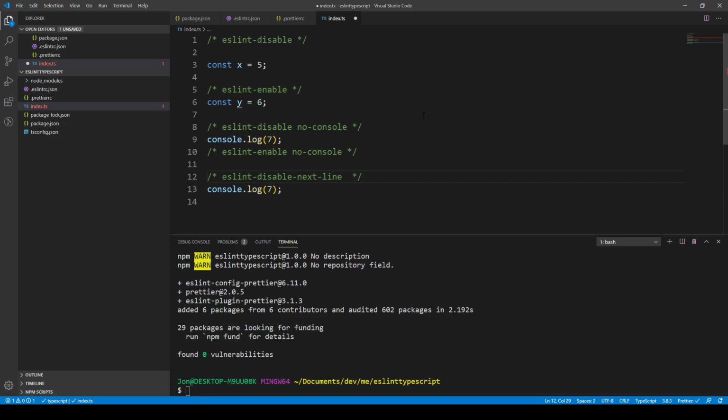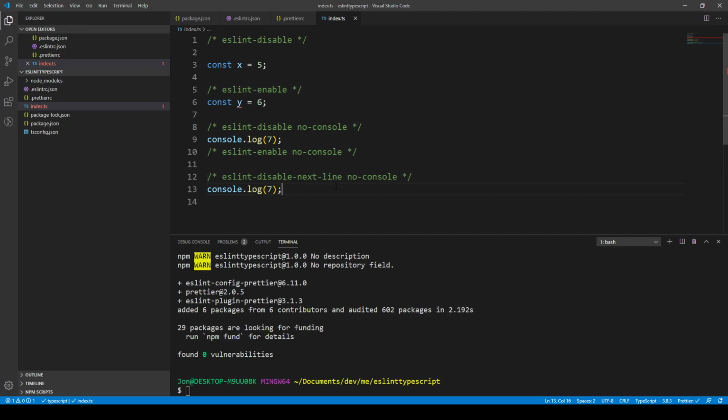Since we're doing linting for best practices, best coding JavaScript practices, it's good to follow the best practices. So if we disable the next line, we should say what we're disabling. So we could say eslint-disable-next-line no-console,